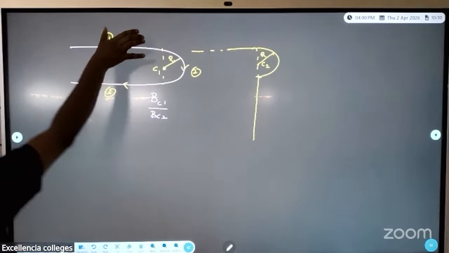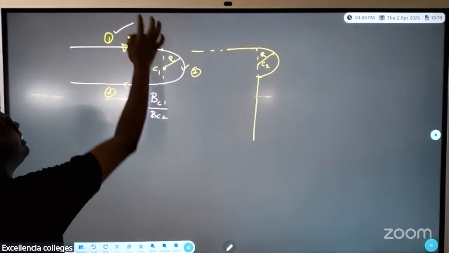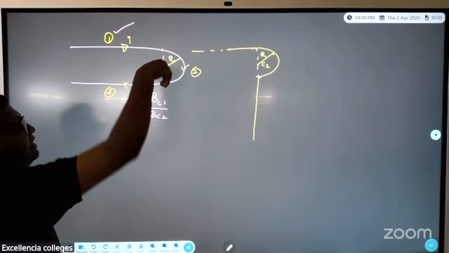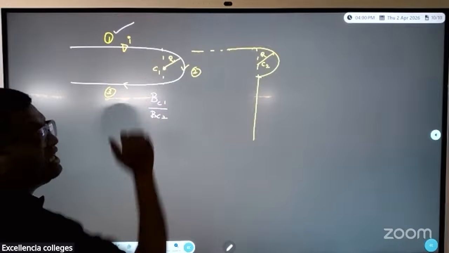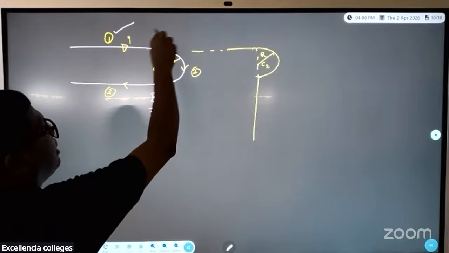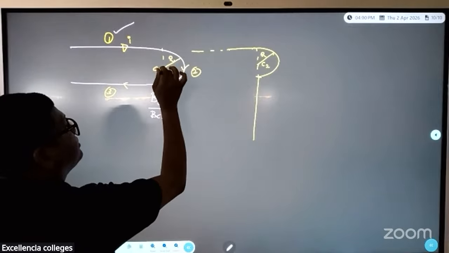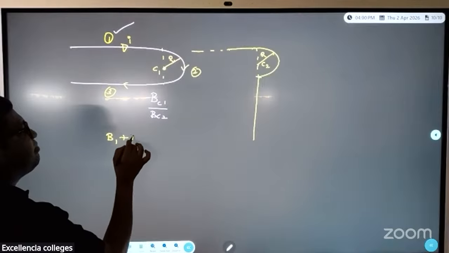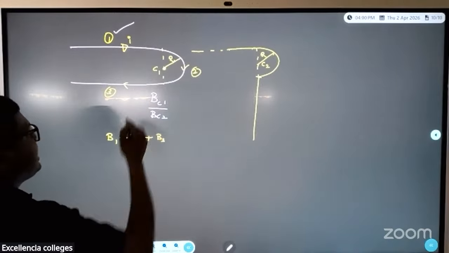So if you hold this wire, magnetic field is going inside due to segment number 1. Due to this segment, you see magnetic field is again going inside. And due to this segment, again, if you hold the wire, magnetic field is going inside. So all these segments generate a magnetic field which is going into the paper. So therefore, the magnetic field is first segment plus second segment plus third segment. 3 segments. Easily we can calculate.